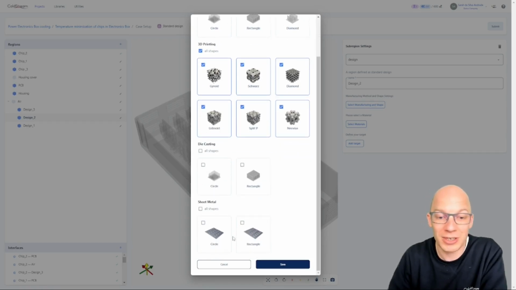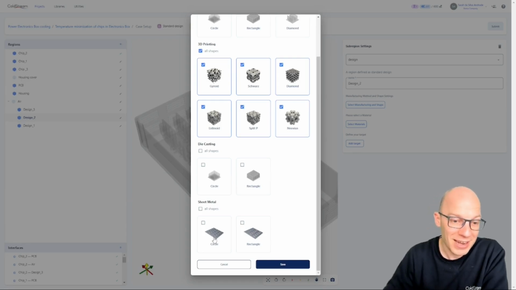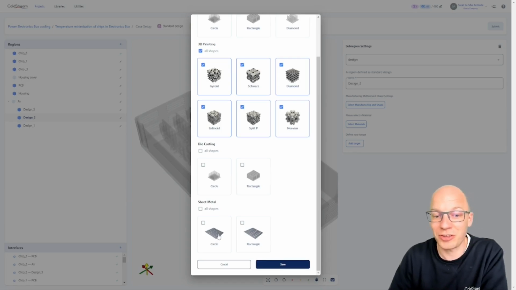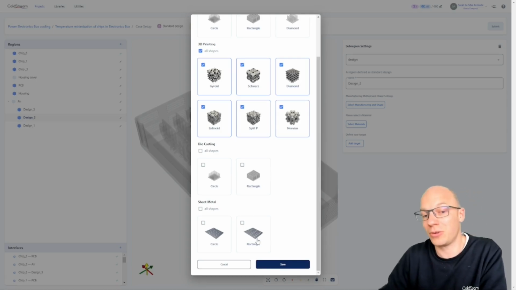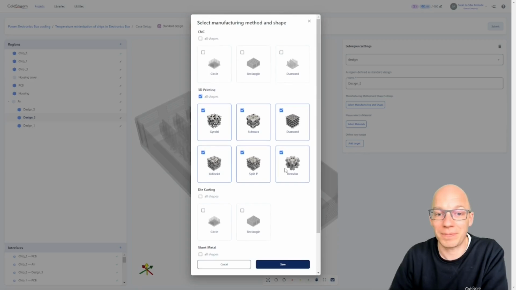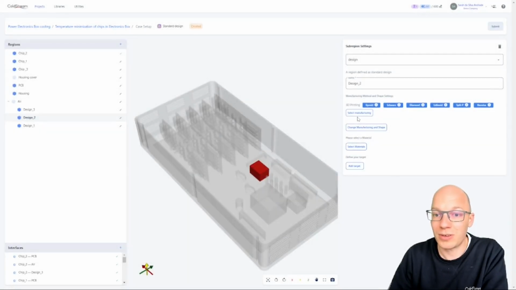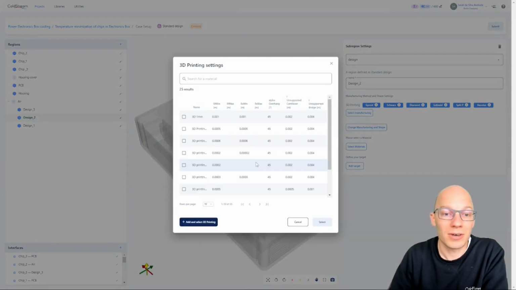Same for die casting and even for battery cold plates that are typically made out of sheet metal plates. Also there you can now enable this concept generation mode, considering again dimple structures or elongated channels. Voila. But let's now select the 3D printing mode, and together with the basic shape, you can also configure